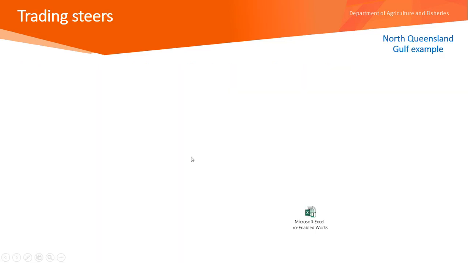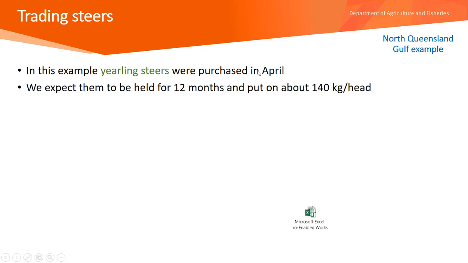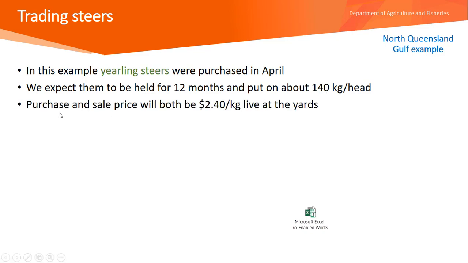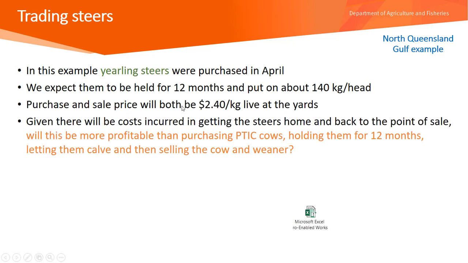So let's have a look at an example of yearling steers, purchasing them in April and holding them for 12 months. We expect to hold them for 12 months, and because this is still our North Queensland Gulf property, it's rained, but we still only expect them to put on about 140 kilos over the year that we hold them. Our purchase and sale price will both be $2.40 live at the yards. Given there will be costs incurred in getting the steers home, so we've got to go and buy them, bring them back,